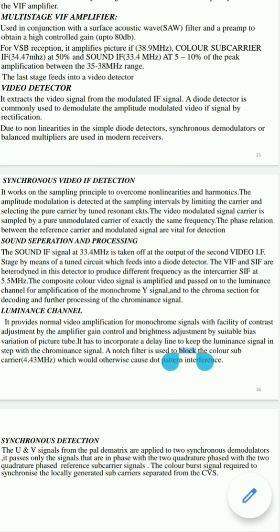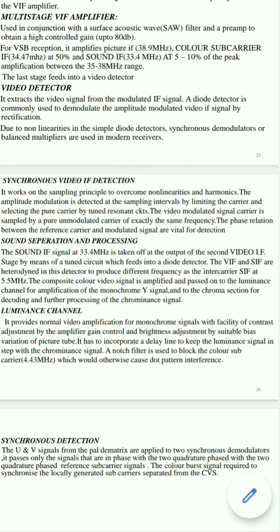Here the VIF and the SIF are heterodyned in this detector to produce the difference frequency, the intercarrier SIF at 5.5 MHz. So we can say here you will get the composite color video signal.